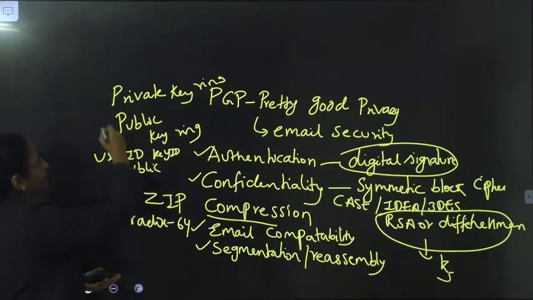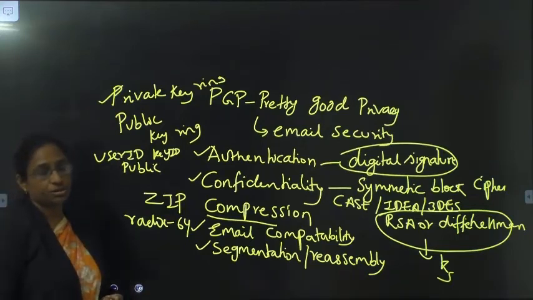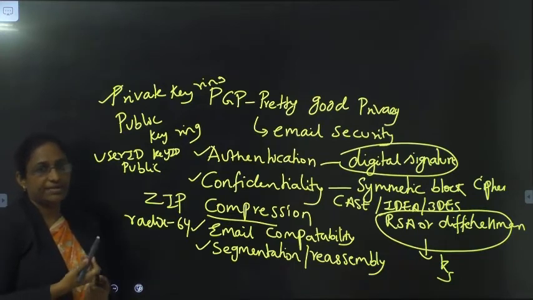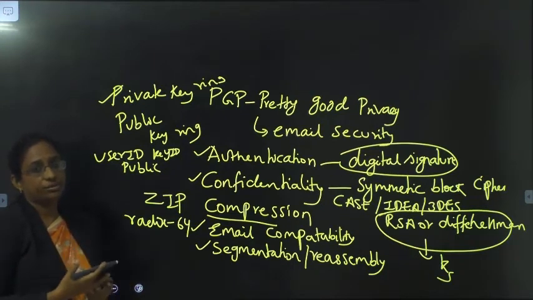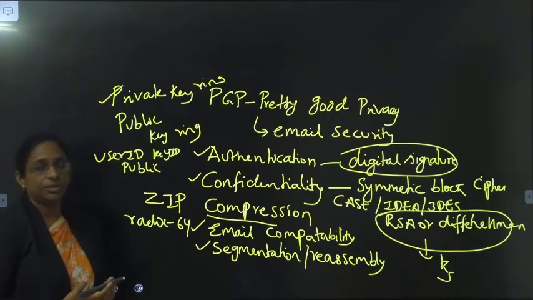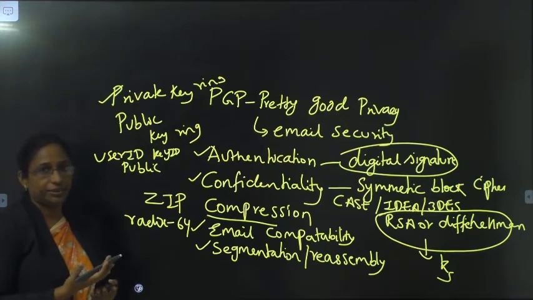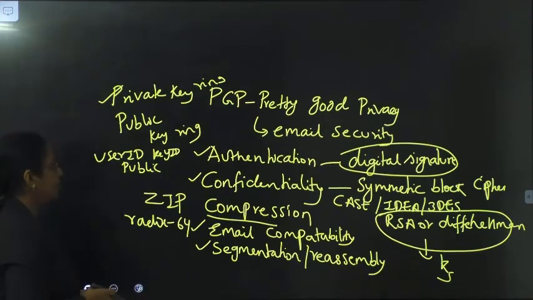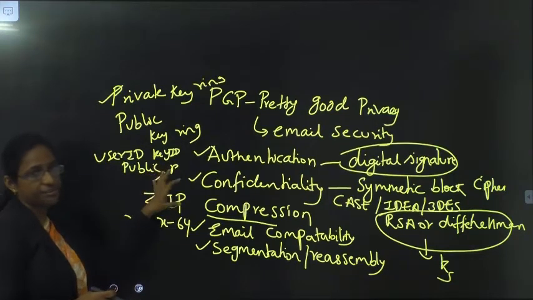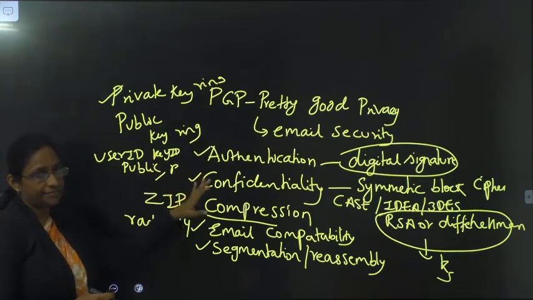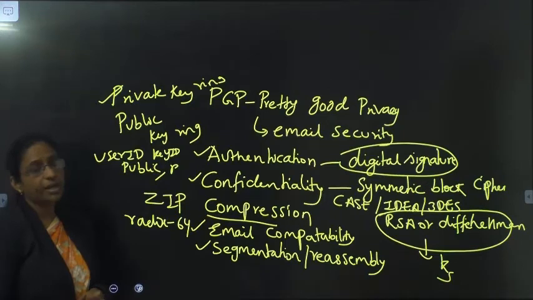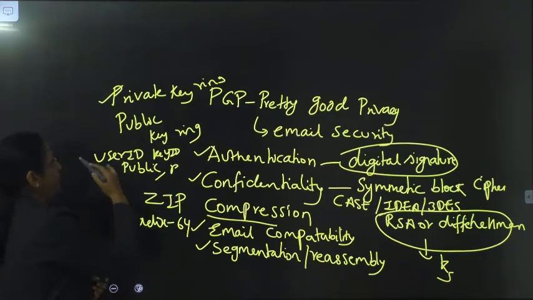Okay, in that private key ring we will be storing the public key portion, and also the encrypted private key. As the private key has to be kept secret, we will be storing it in encrypted form. While accessing it, the user will decrypt the private key by using the password. Along with the public key, the private key is stored in encrypted form, and also the timestamp when that public-private key pair was generated. All that information will be stored in the private key ring.